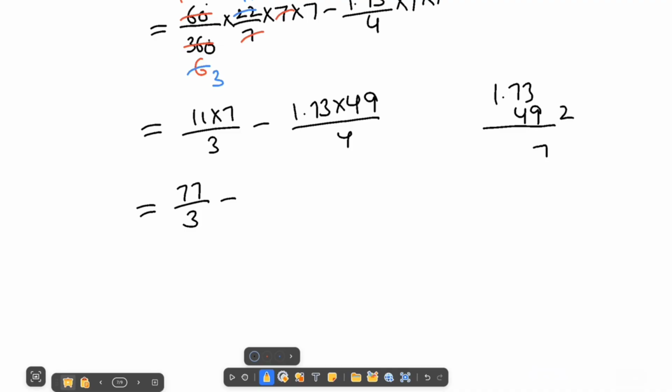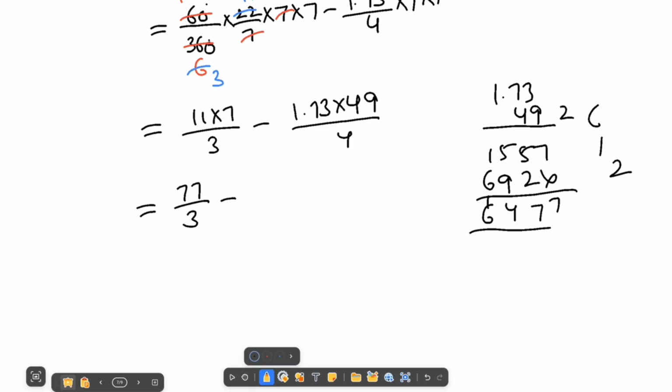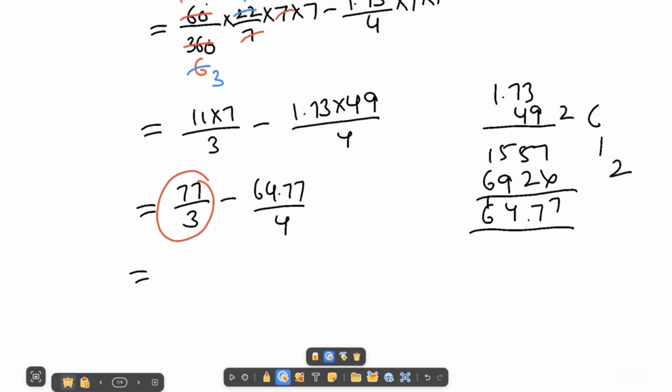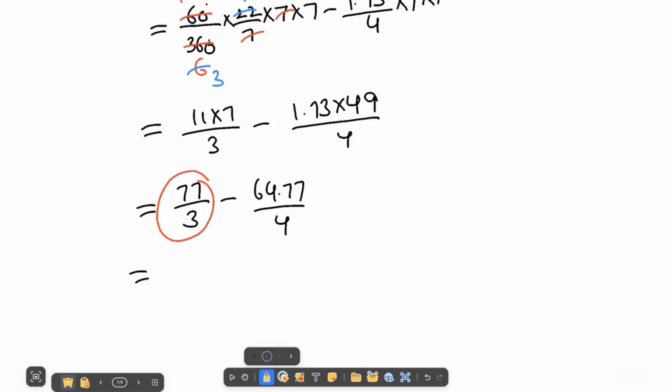So 9 threes are 27, and so on, multiplying 1.73 into 49, we get 84.77 by 4. Now let's divide 77 with 3. 3 twos are 6, 3 fives are 15, 3 sixes are 18. So now it is equal to